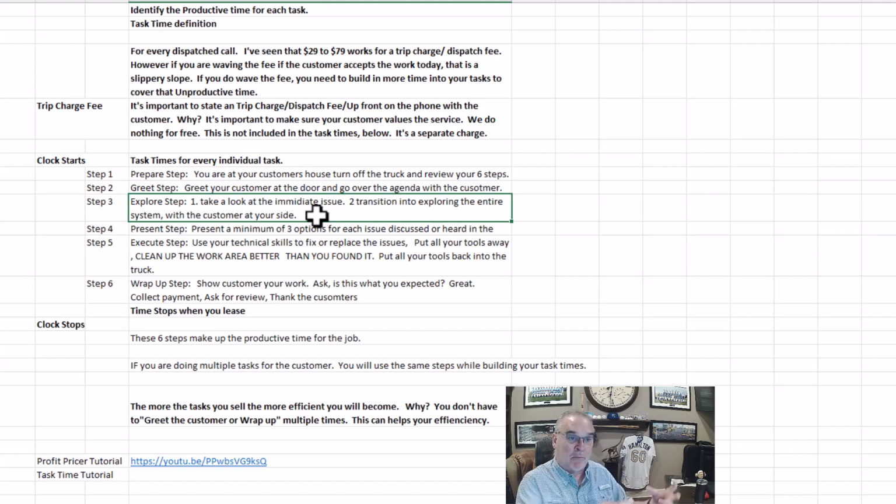But because we ask permission, they've already given us the answer, so we go down and we take a look, we come back up, Ms. Jones, I noticed something. Do you have a moment? Yeah. So they come on down, they take a look at whatever the issue is, and make sure you wrote it down on a piece of paper too. Okay? But if the customer goes down with you, and let's just say, I'm going to use plumbing because that's what I am, HVAC, I can spell it, and electrical, I stay the hell away from it because I think it'll kill me. But anyways, I say, so,